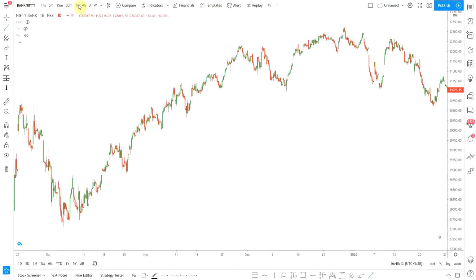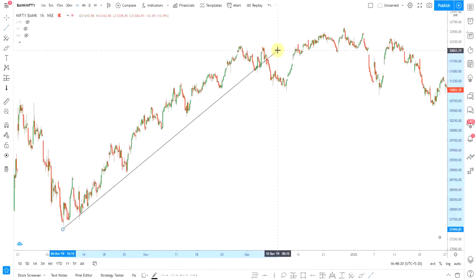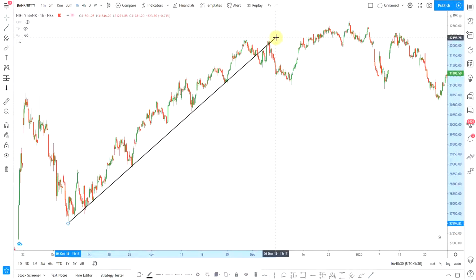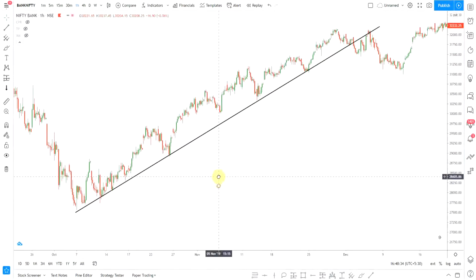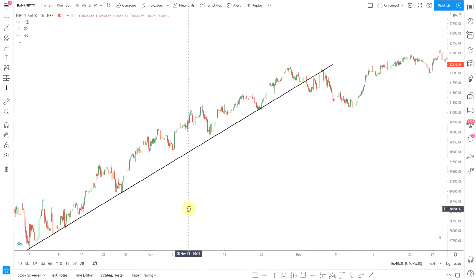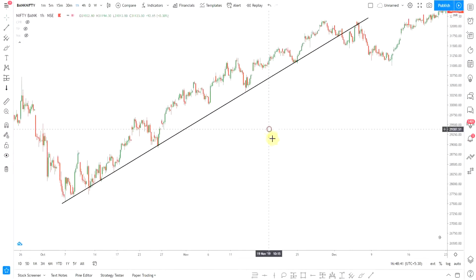Now after coming to the hourly chart, I've already zoomed out. So all we have to do is simply draw the trend line. So here we have the trend line. As you can see, you don't need to be extremely specific about it. Just make sure you get as many number of touches as you can on the trend line. So let's just mark the number of touches we're getting. 1, 2, and many over here.